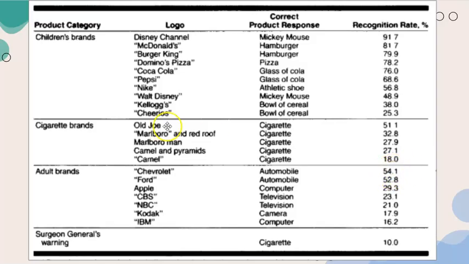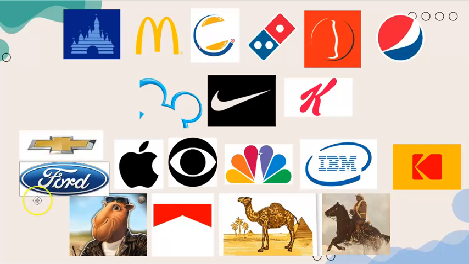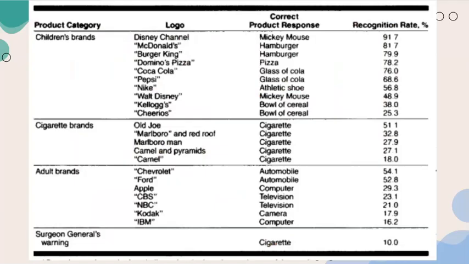But then most concerningly, there was one cigarette brand image that more than half of the kids recognized as a cigarette. Now, crucially, Old Joe, where's Old Joe? Here's Old Joe. No, this is the Marlboro Man. But crucially, in none of these is the person smoking. There's no clue that this is the Marlboro logo or that this camel is associated with smoking, or that this new version of the camel is associated with smoking. In all of these, they're not smoking. And yet 51% of kids aged 3 to 6 were like, yep, that's a cigarette ad. So they do know what's being marketed and they can recognize that.